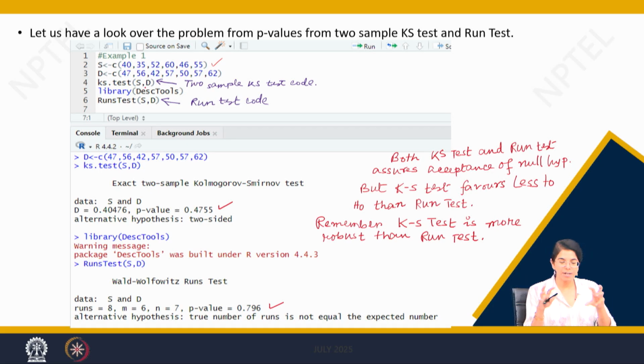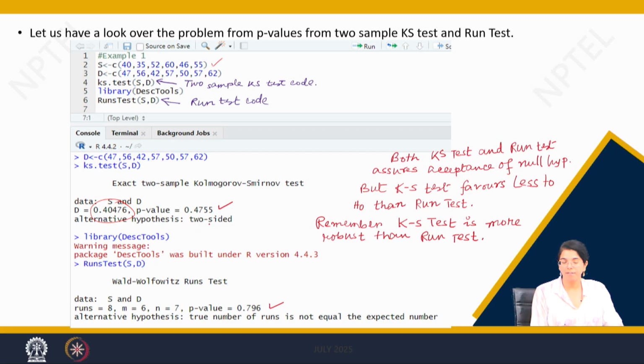Here we do not need to recall those distribution names, because we are making the comparison between two sample observations. So ks.test(S, D), and what is the result you are having? You are having D as 0.404, which exactly matches your manual calculation,